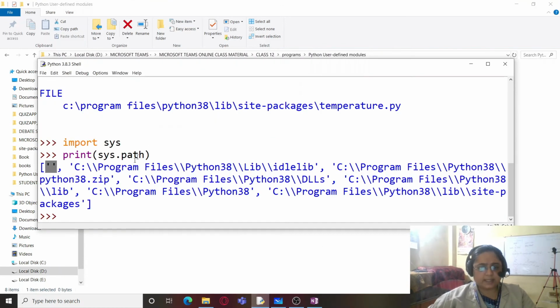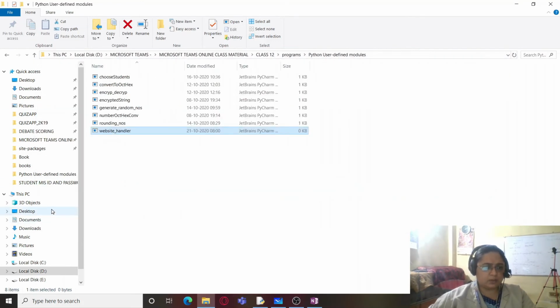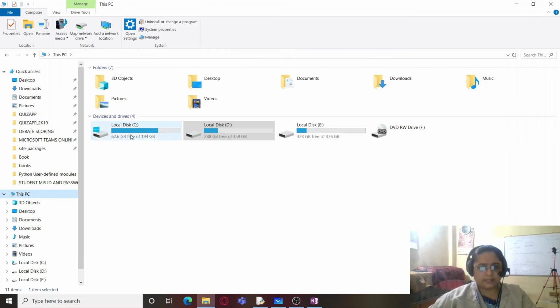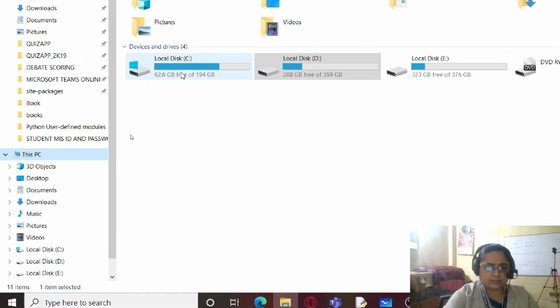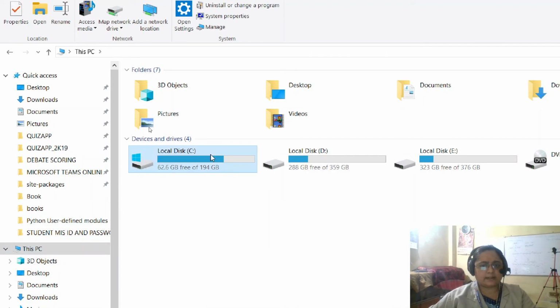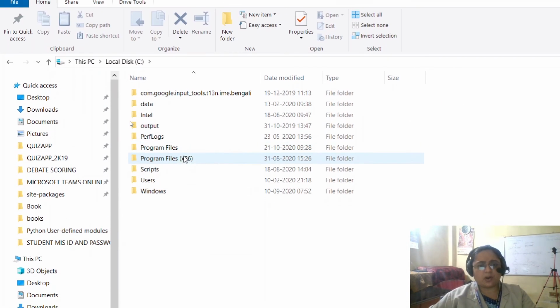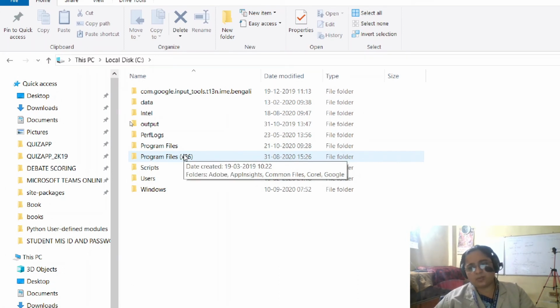If it doesn't find it there, then it will move to the next item in the list, that is the idlelib folder within Python 3.8. So how to get this? We will first be going to This PC, then local disk C drive, and depending upon which version of operating system you are using, whether it's a 32-bit or a 64-bit operating system.